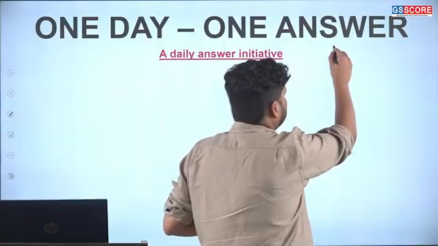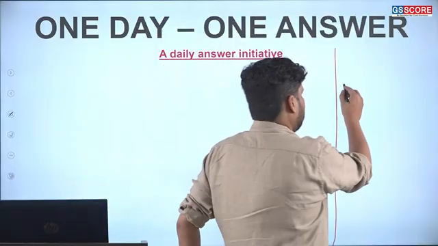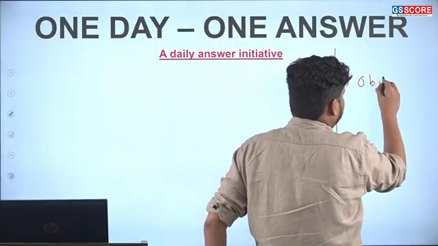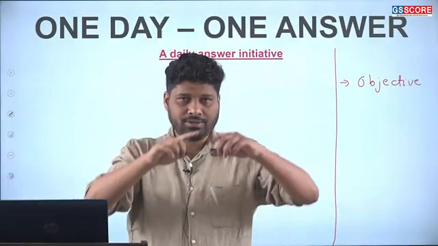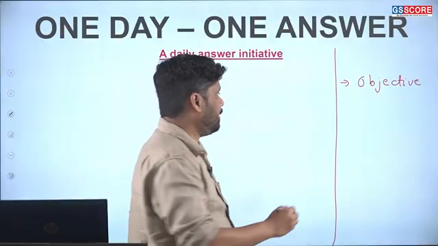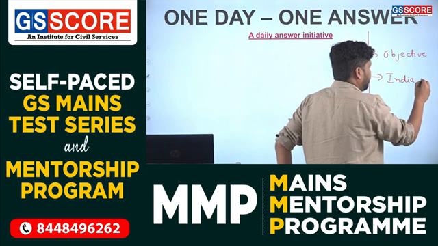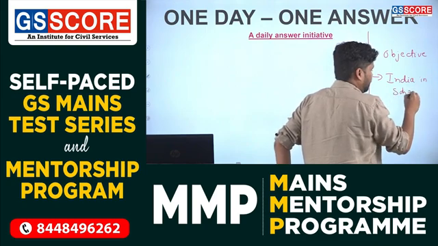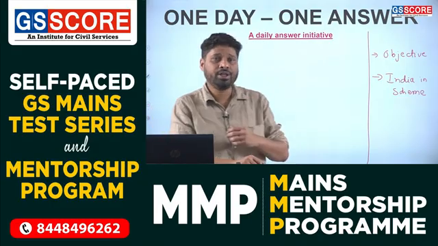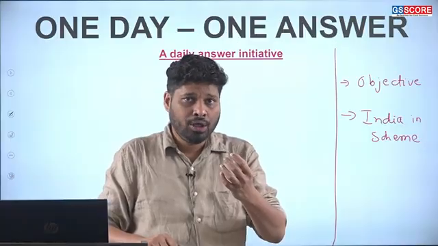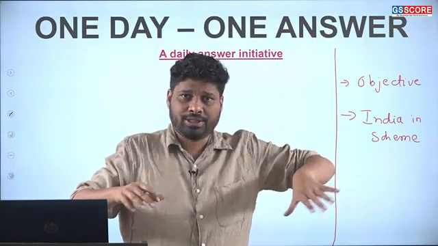The first thing I should take into consideration, and this applies when you are studying also, is to focus on these points. First is the objective of that particular international organization. What are the broader objectives of it? And then how does India fit in the scheme of that particular international organization? That also has to be taken into consideration. What benefits does India get out of it? What negotiations will India have to do?